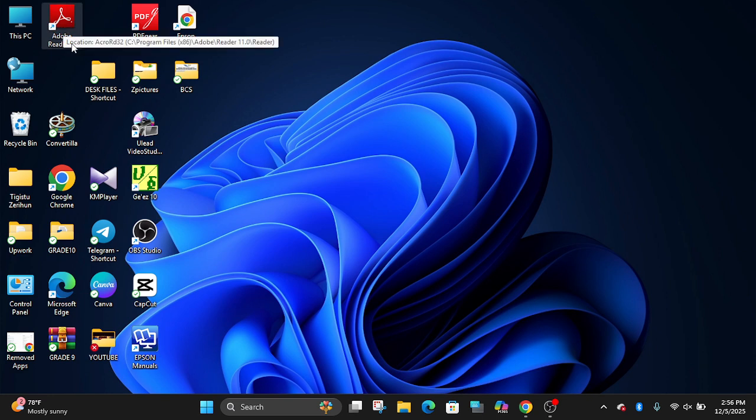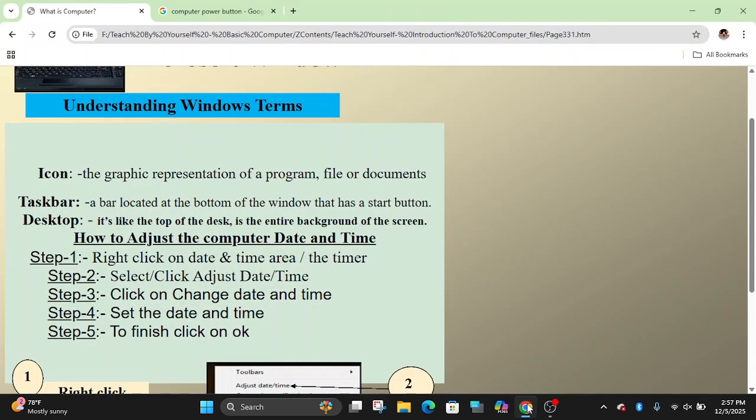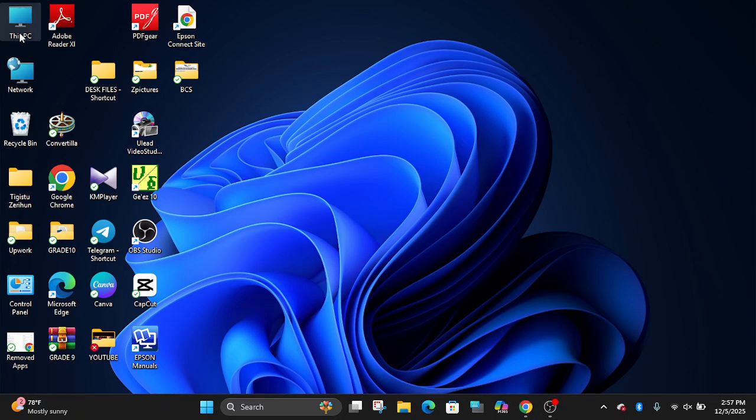Based on the file type, we have a variety of icons. For instance, every Adobe file is represented by this icon, and every HTML file is represented by this icon. Every program has its own icon. Therefore, when you adapt to using a computer, you simply point and command using icons rather than reading the name. But for the first time, we have to read it until we adapt to the program type or the file type.